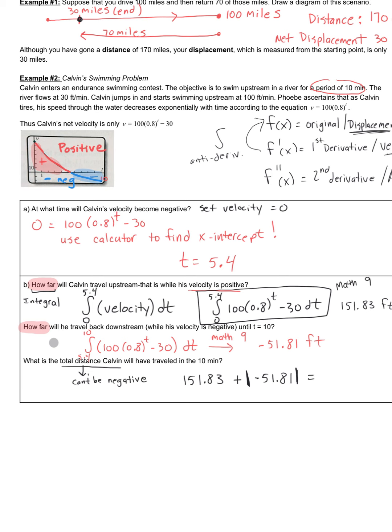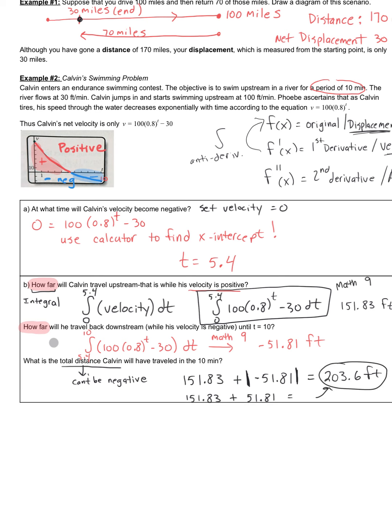All right? So when we add these two together, we are going to get 203.6 feet. So again, 151.83 plus the absolute value of negative 51.81. Remember, absolute value makes everything positive. So negative 51.81 becomes positive 51.81. And that gives us